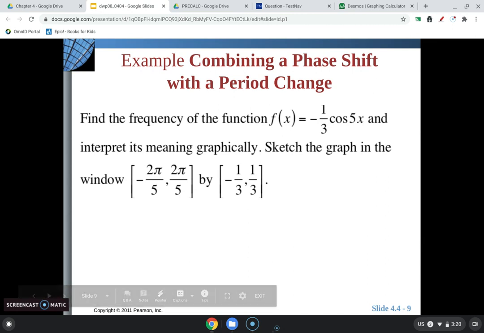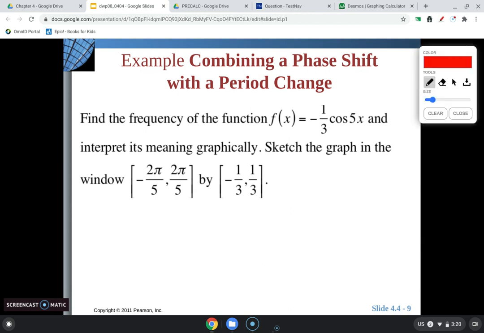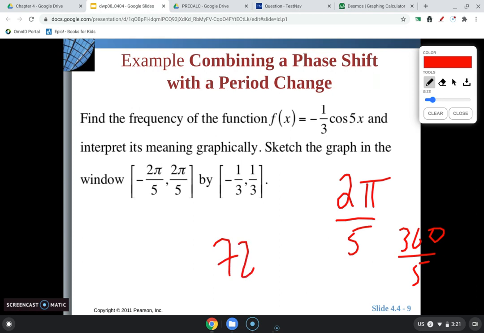Find the frequency of the function negative 1/3 cosine 5x and interpret its meaning graphically. All right, so to find the frequency, we would take 2 pi divided by the b value, which would be 5. So 2 pi over 5. Sometimes that can be tricky in radians, so let's find it in degrees. Take 360 divided by 5. So 360 divided by 5 is 72 degrees. So that means there is one full rotation of the curve in 72 degrees